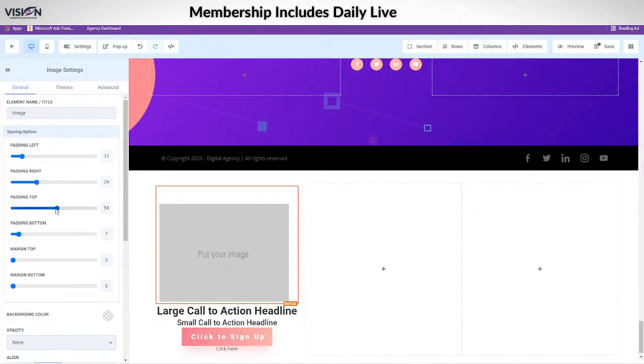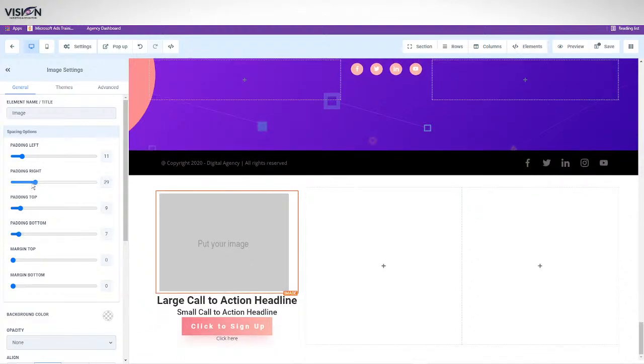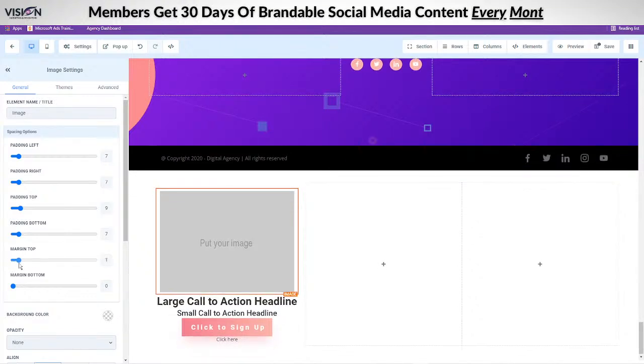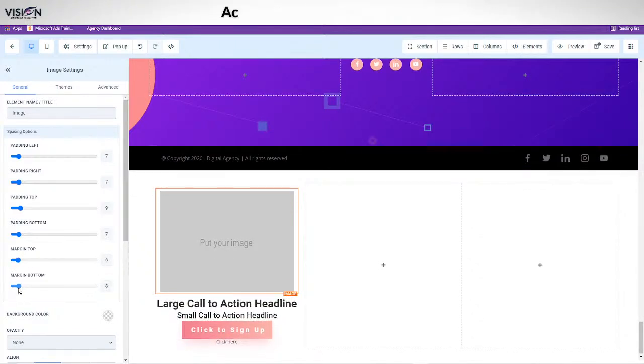If I want to change the space at the top, or the bottom, I want to choose the margin. So this is basically like, if you're comparing it to Cheetah, the lateral spacing on the mobile, except we're only doing this one time on desktop, and then it also changes it on mobile. So you really have next to no editing on the mobile version. So if I want to add space at the top, I can do that with the margin, and then also space at the bottom here.